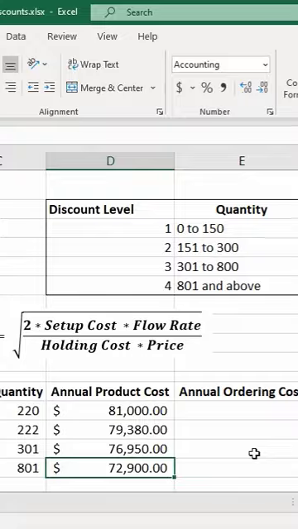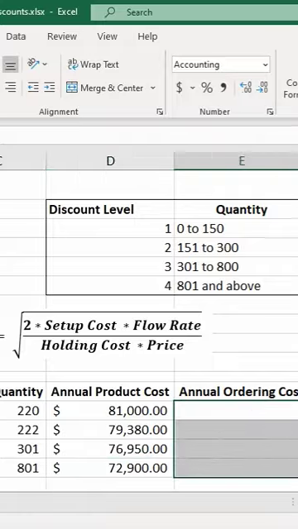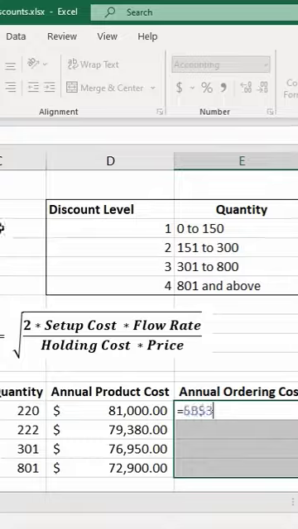The annual ordering cost is the number of orders, which will be our demand, divided by the order quantity in column C, multiplied by the setup cost, which is the cost of each order. So select cells E13 through E16, equal sign, and we're multiplying the setup cost in B3, and I'm copying the formula, so I want that to remain the same, so I'll press F4, and we're multiplying that by our annual